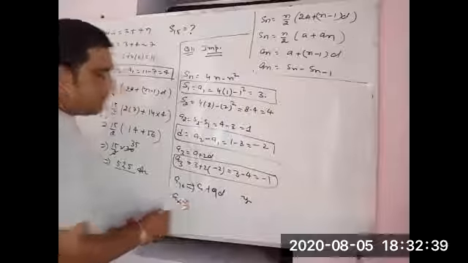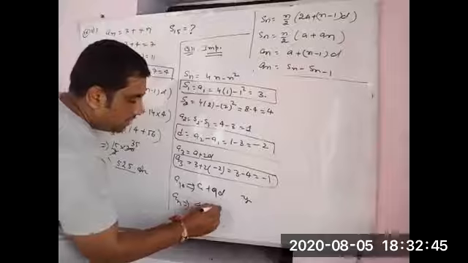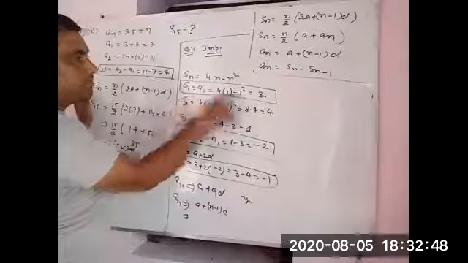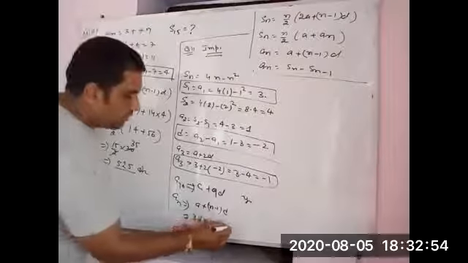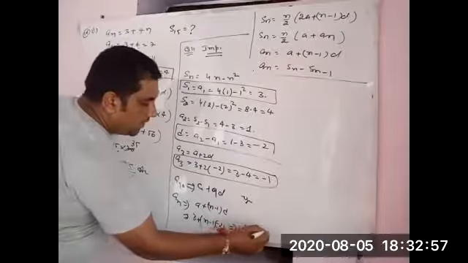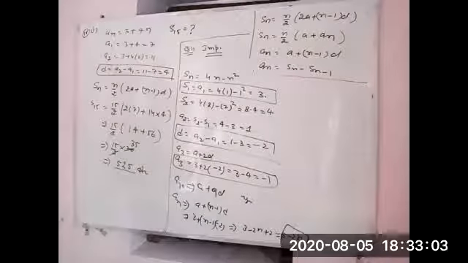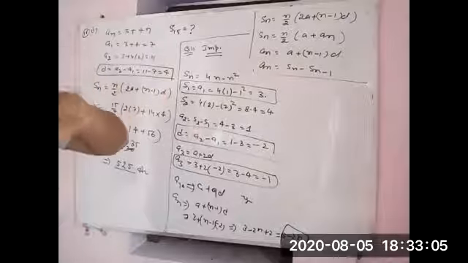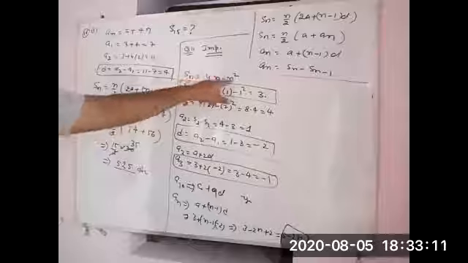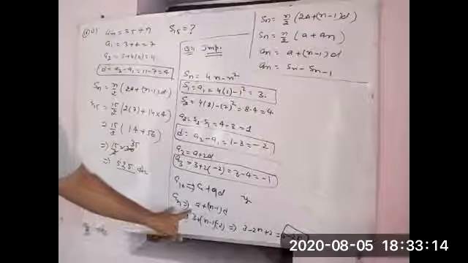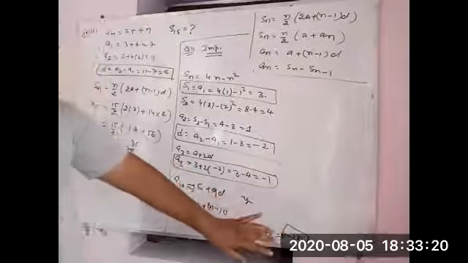Now we are finding the nth term. nth term we are finding, a plus (n minus 1)d. a value 3, n minus 1, value of d minus 2. 3 minus 2n plus 2. 5 minus 2n. Simply. Now one thing you will get here. I told you in the previous question, when we are given the value of Sn, the answer will come in n square. When the value is given for the nth term, the answer will come in n. So if this is given and they ask about what will be the value of Sn, and